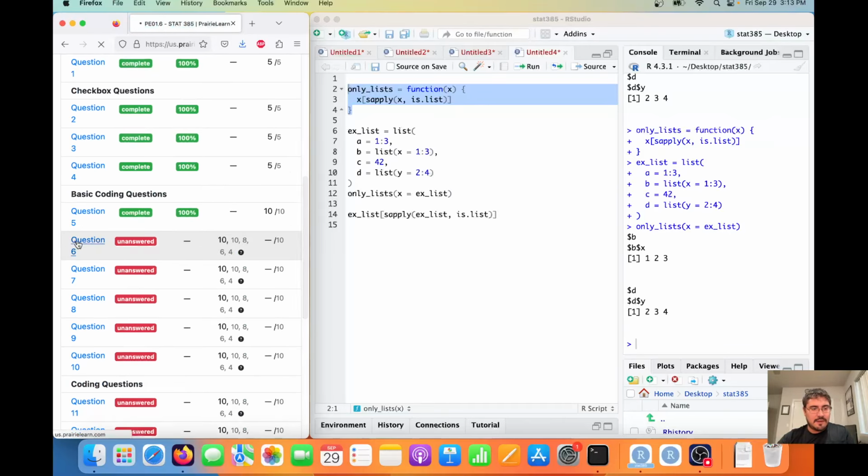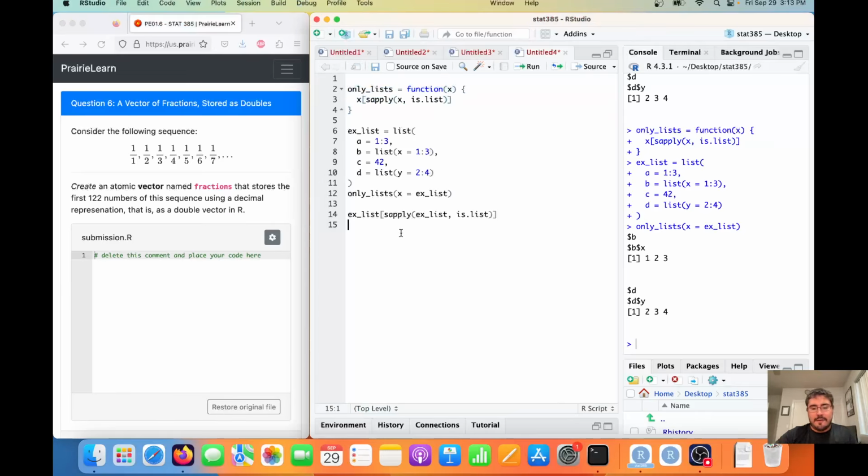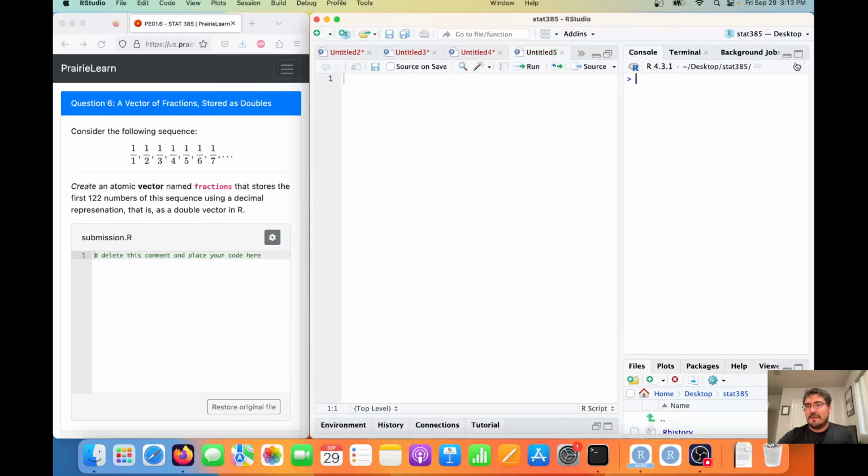Okay, so question 90. Consider the following sequence. Let's make sure I close everything. Create an atomic vector named fractions that stores the first 122 numbers of the sequence using a decimal representation. So that's that sequence right there. It's not going to write it out in fraction form. It's going to be a decimal representation. I'm pretty sure that's just 1 divided by